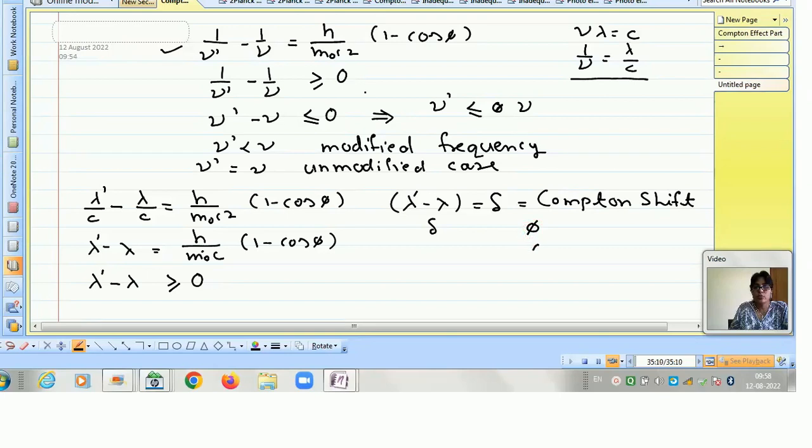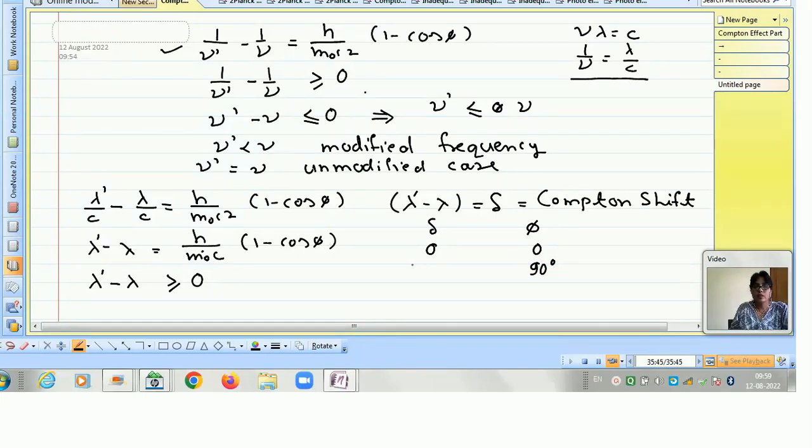So if phi is 0, cos 0 means 1, so delta is 0, meaning in the same direction, in the x direction. When phi is 0, there is no change in the wavelength, meaning we will see the unmodified photon with the original wavelength lambda. Now when phi is equal to 90 degree, cos 90 degree means 0, and then